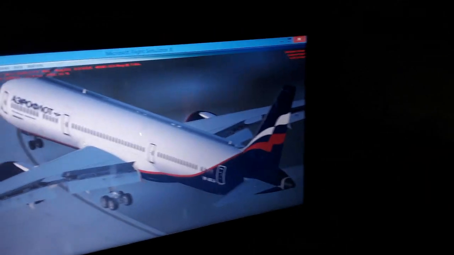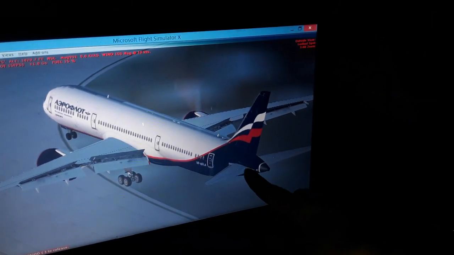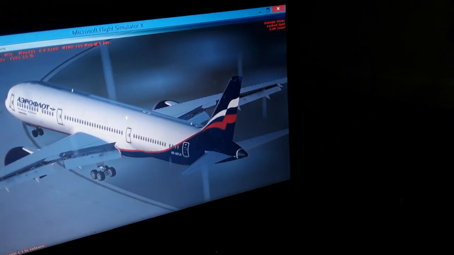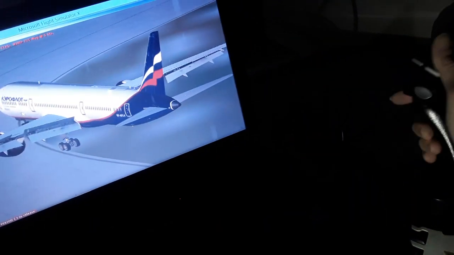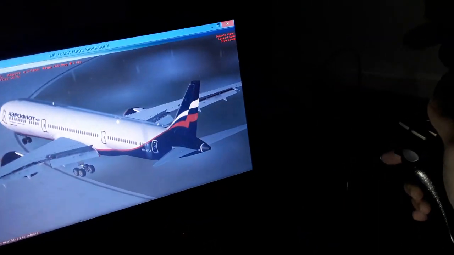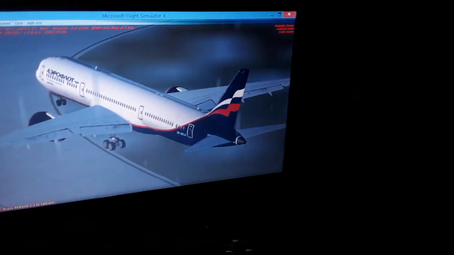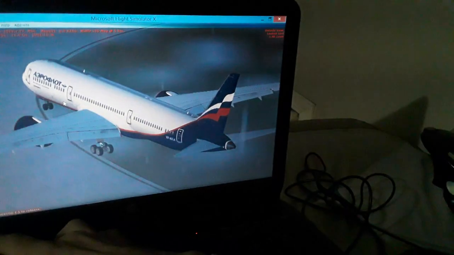So we have one more axis, the longitudinal axis from nose to tail over here. The side stick left and right is the roll axis in the Airbus. So you can use it over here, as you can see,